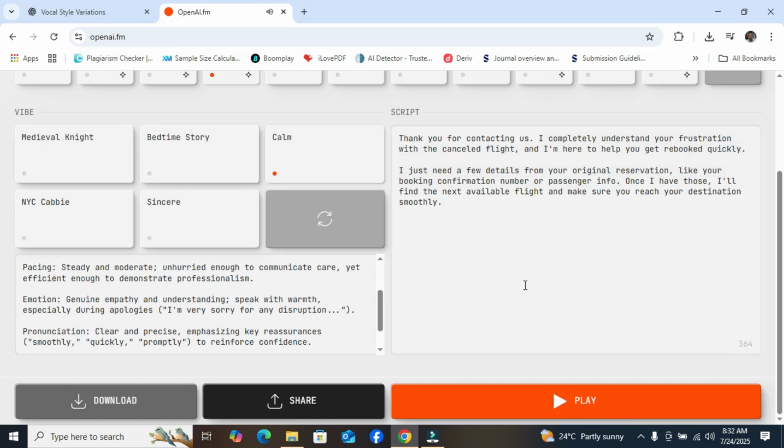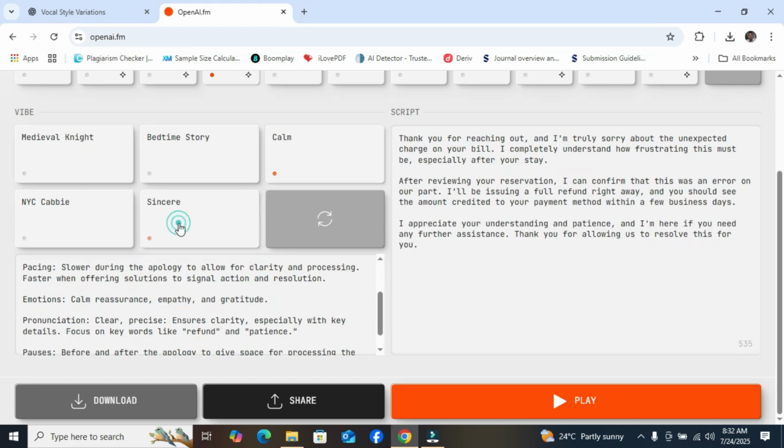You can see it now. You also have a sincere tone. You can see that the script has changed. If you have a narration, an image story to tell, or you want to tell a cartoon story, you will come here and it's time for a bedtime story. You can just go to bedtime story in the scene, in the cartoon, or whatsoever realistic movie you are creating using AI.